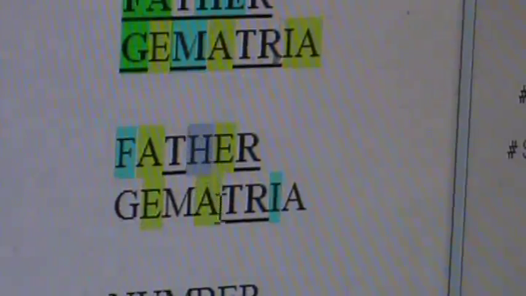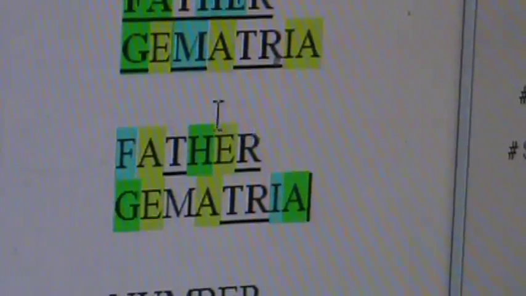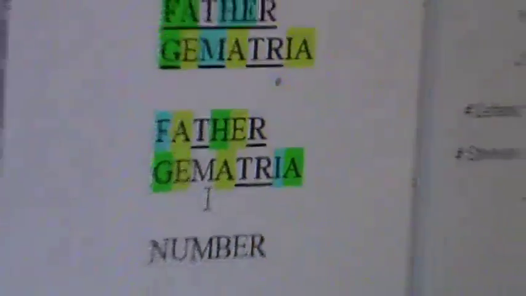And then in this case you'd have to compare an H with, an H equals a G and an A, the bookends there. And then a T is a T, an R is an R, an E is an A, and then F differs from an I by 3, and then this provides your final offset, which ultimately makes Gematria equal Jesus. So that was cool though, finding Father in Gematria. And then, I'll zoom out just a twitch.